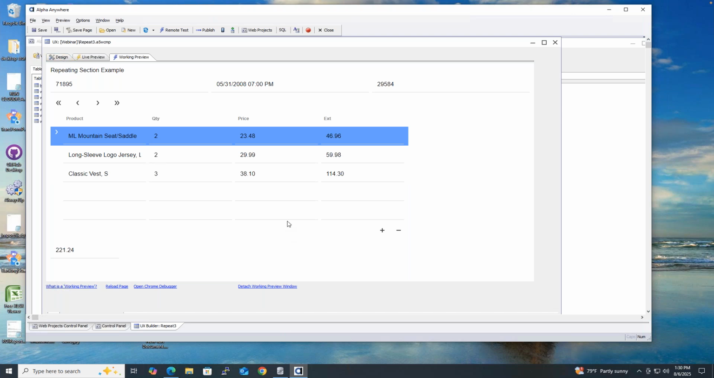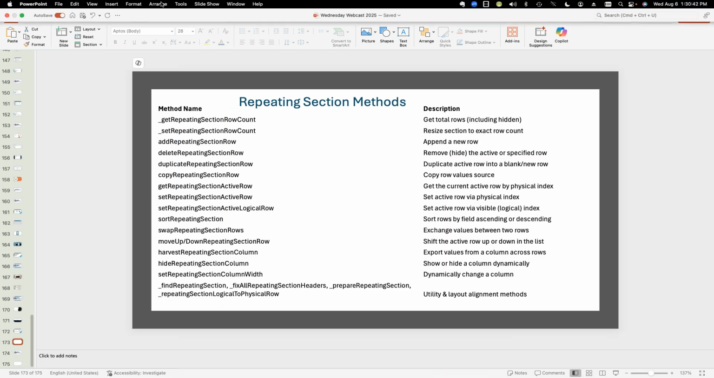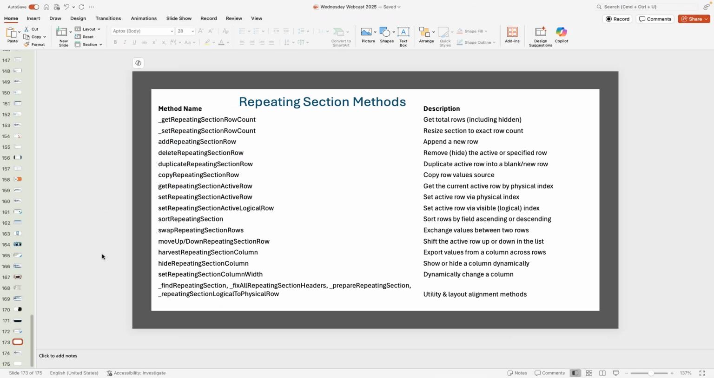Okay, so I've shown you the JavaScript. I've talked about searching. The last thing I want to do, or the final thing I want to do, is I want to show you,